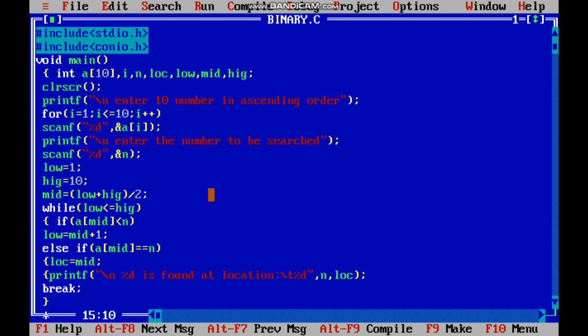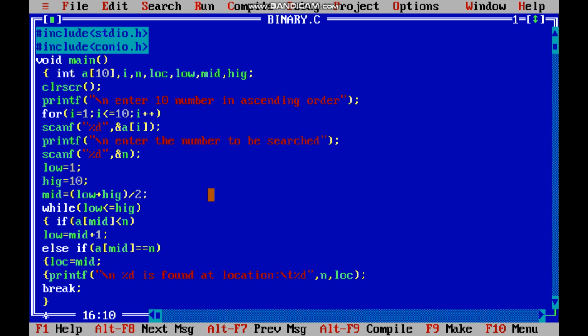If the value at mid is less than n, it means the value at point mid is smaller, so our low will become mid plus 1. What does it mean? As I told you, binary search is always performed on a sorted list, whether in ascending order or descending order.